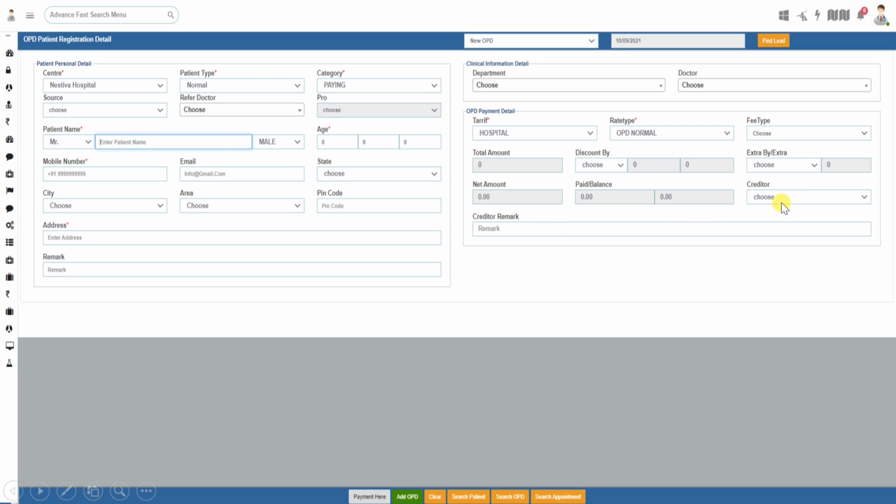The creditor will show if you have not paid any amount, or if you have a credit amount, based on the user. There are many payment acceptance modes here: cash payment, check, card, e-wallet, and advance payment.